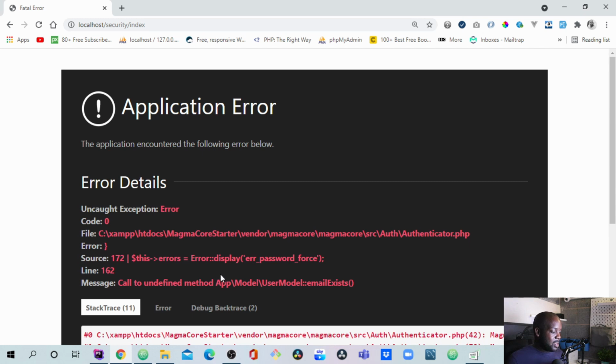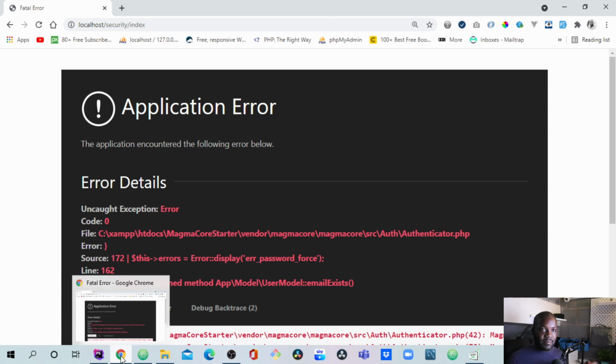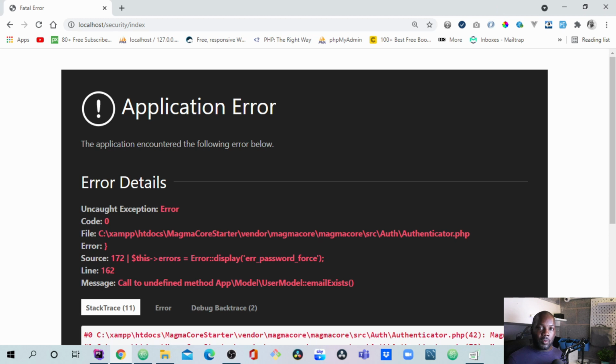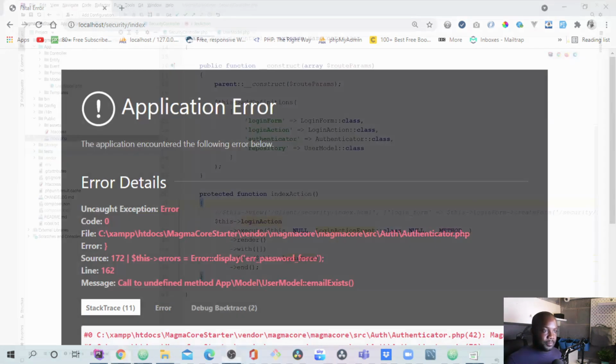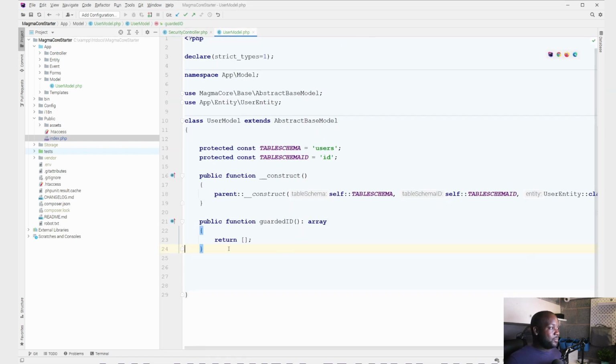So we will need to actually implement these methods. I've already got these methods in my application. We can either copy and paste them, or we could simply build them out. And I'm going to build this one out within the model so you can see some of the techniques and process of how I go about doing that. So I'm going to switch my screen again, and we're going to get our model, and we're going to implement that email exists method. So if I go into my user model, I'm going to come down here